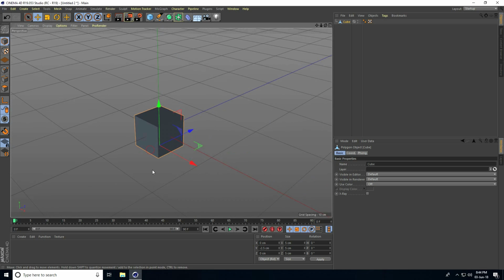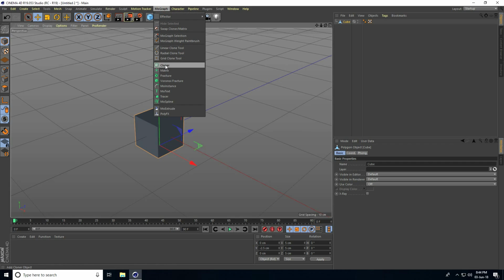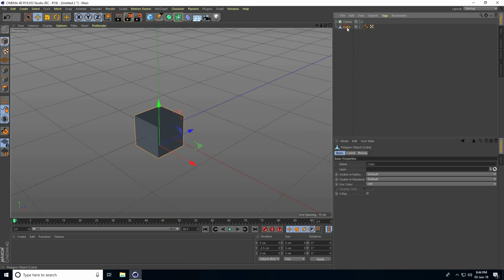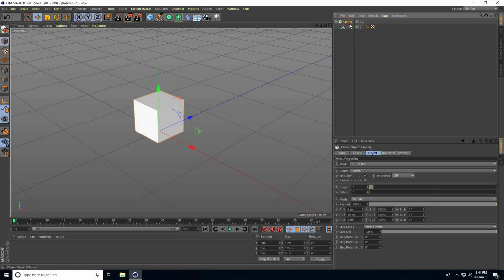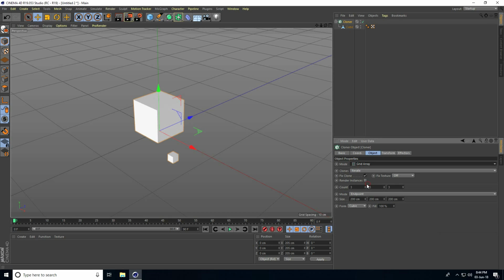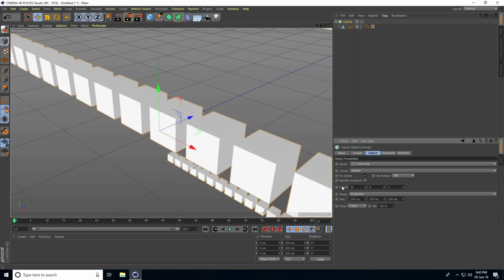After that, I take a cloner. Go to MoGraph and use Cloner. Select this cube and make it a child of the cloner. Select the cloner and for the mode I use grid array and count. Count take 30, second count take 0 and third count take 30.